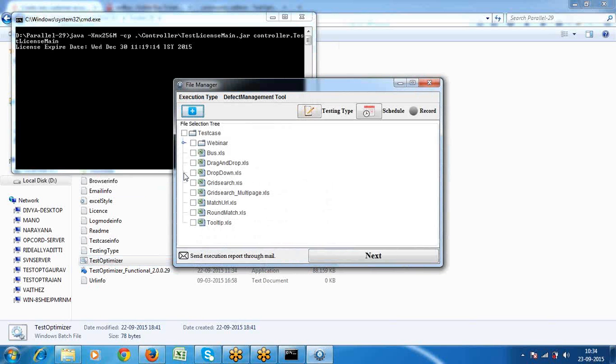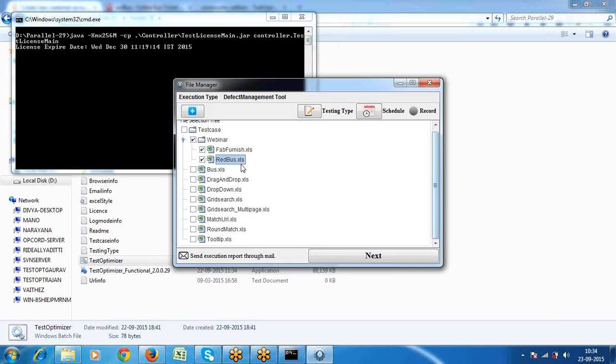So these are the test case workbooks that are there in the test case folder. Only those get reflected here. As Richard told before, I've created one webinar folder, and in that I have placed two files. These files can be selected individually, or you can select any of the files which are available as standalone. After selecting your workbook,